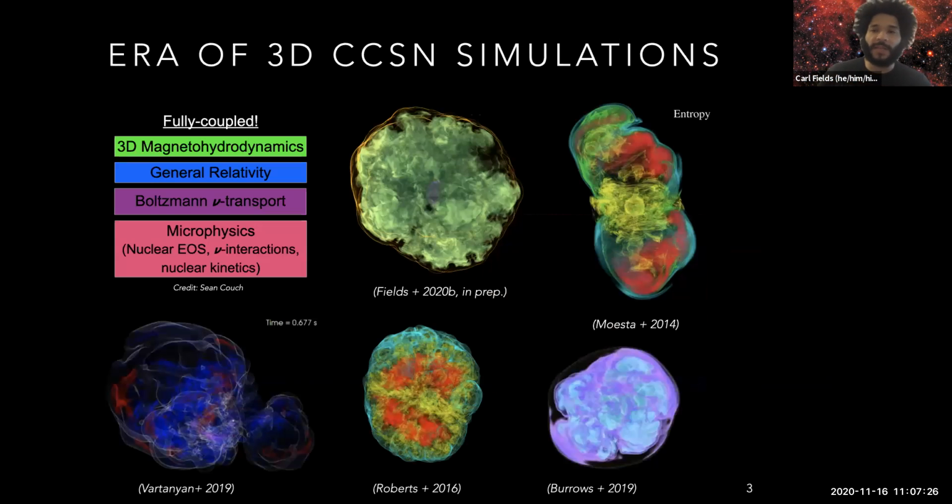So we're now in the era of 3D core collapse supernova simulations. Here I have some of my favorite volume renderings of core collapse supernova explosions. What we're showing in the center of most of these images is the protoneutron star during explosion. The quantity that's being shown here is the entropy. Entropy is a good diagnostic to follow the shock morphology. Different colors correspond to different levels of entropy, so higher entropy, usually in the extended regions.